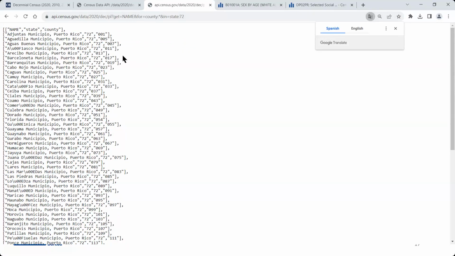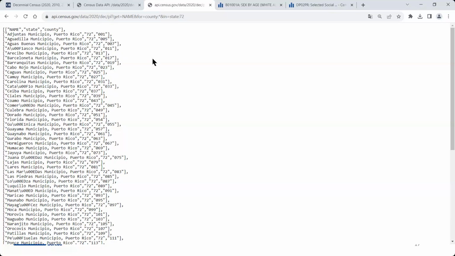now I'm just getting data on all of the municipios in Puerto Rico. I also wanted to mention, you might notice some of the municipios have some broken characters here. It seems that we have a defect going on with some of the accent symbols over some of the characters. That is something we're looking into. So just wanted to point that out as something we're seeing at this time. But right now we do have our geography correct. We're pulling all the municipios in Puerto Rico, but we're not getting any data at this time.